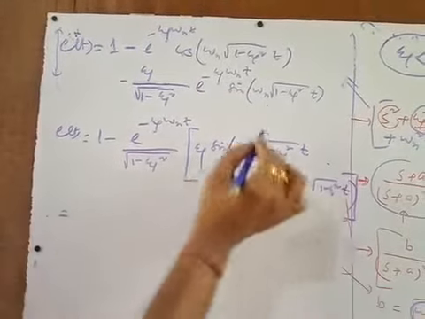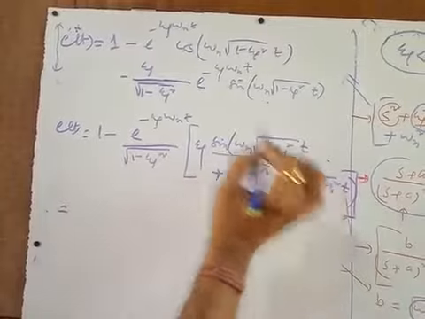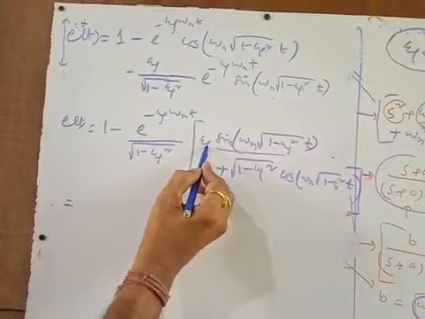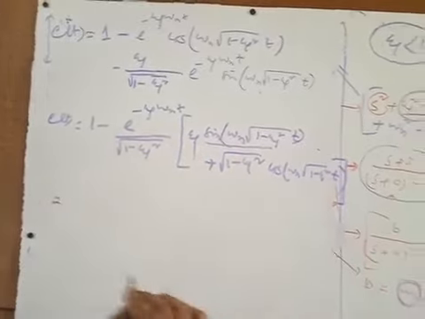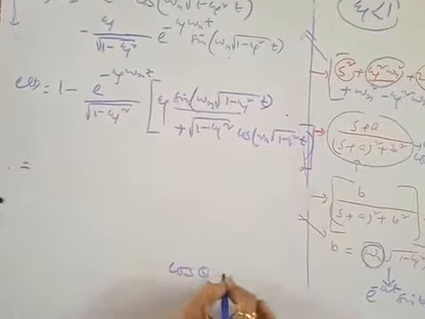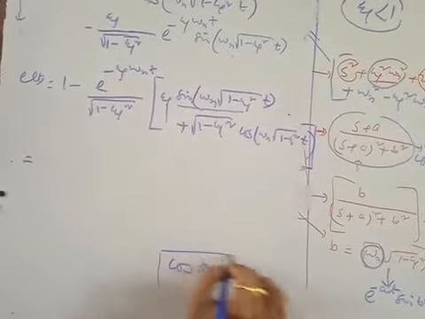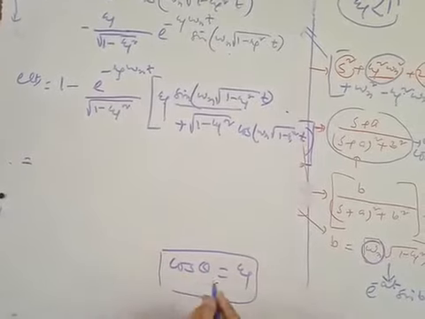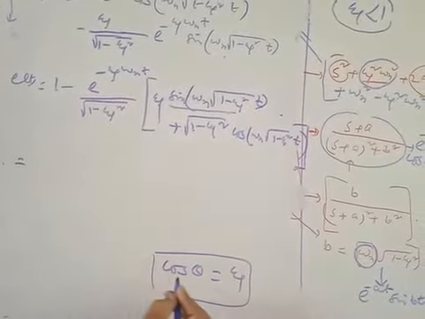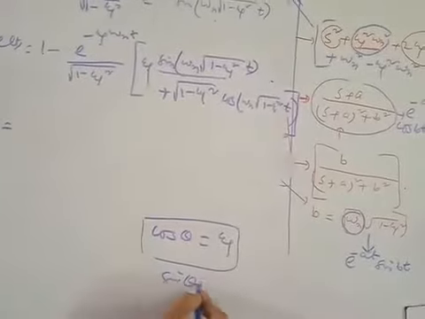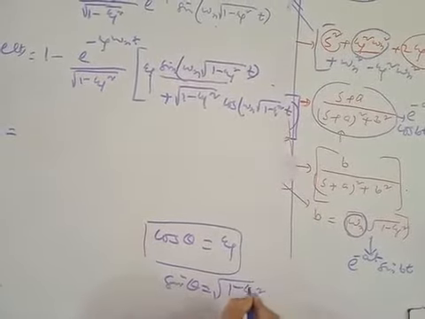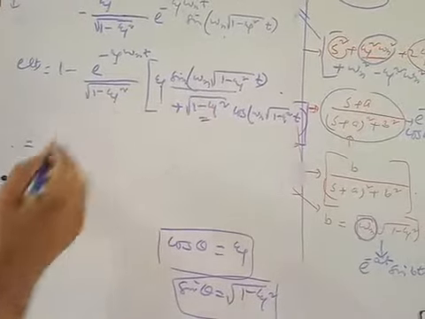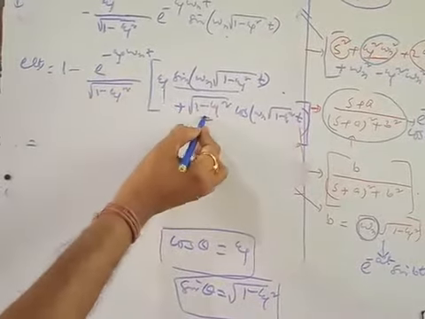So see this term. Now this is sin A, this can be taken as cos B. We already know from the previous discussion that cos theta is equal to xi. Okay, so xi is equal to cos theta. If xi is equal to cos theta, then sin theta will be equal to root over 1 minus xi square definitely, and you get the similarity like this. So you can take it as cos theta, and this will automatically be sin theta.